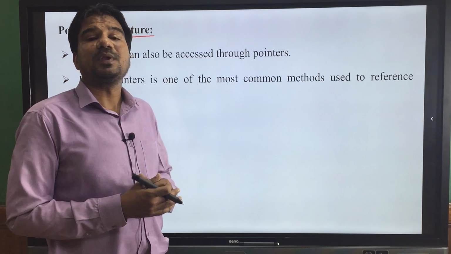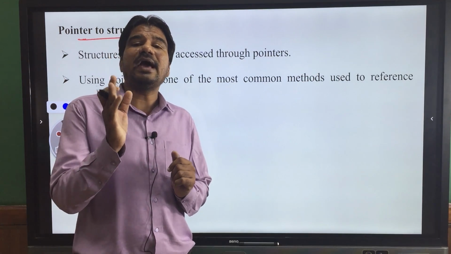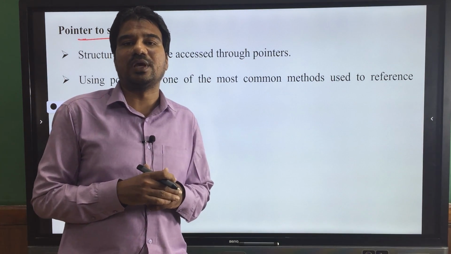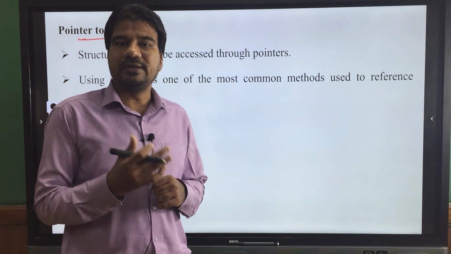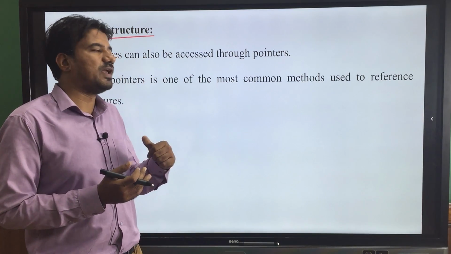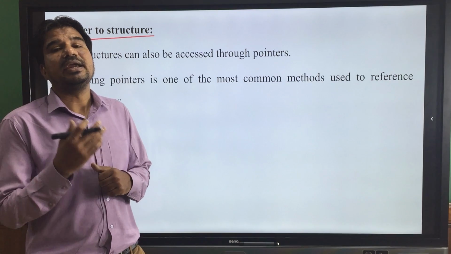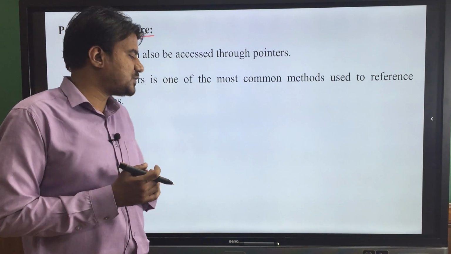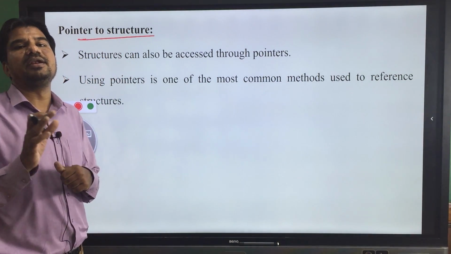So we can say pointers are the indirect ways to access the memory locations. Variables are the direct means to access the memory locations, whereas pointers are the indirect ways. Using pointers we can access the variable content indirectly.